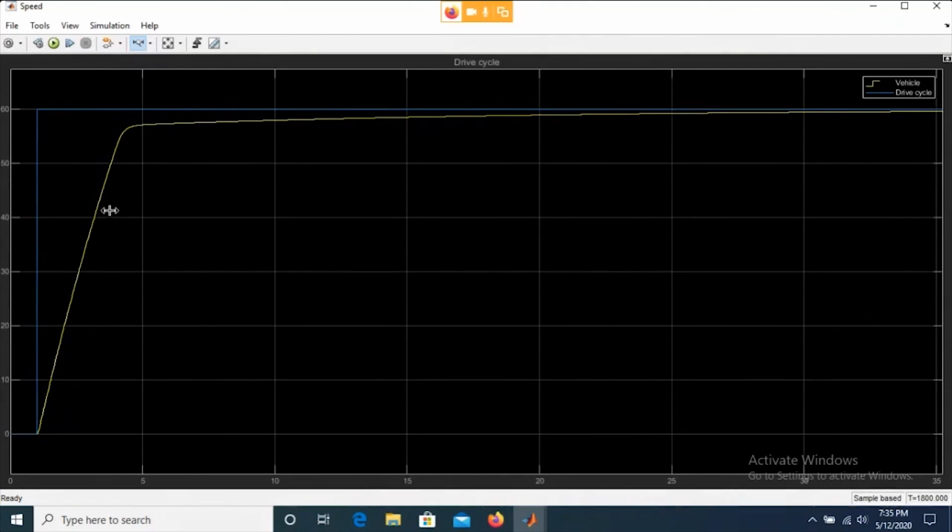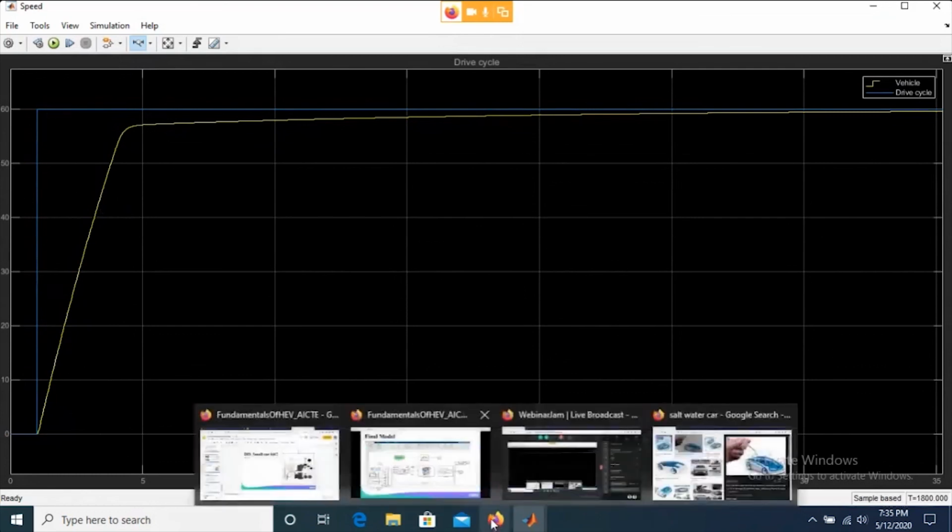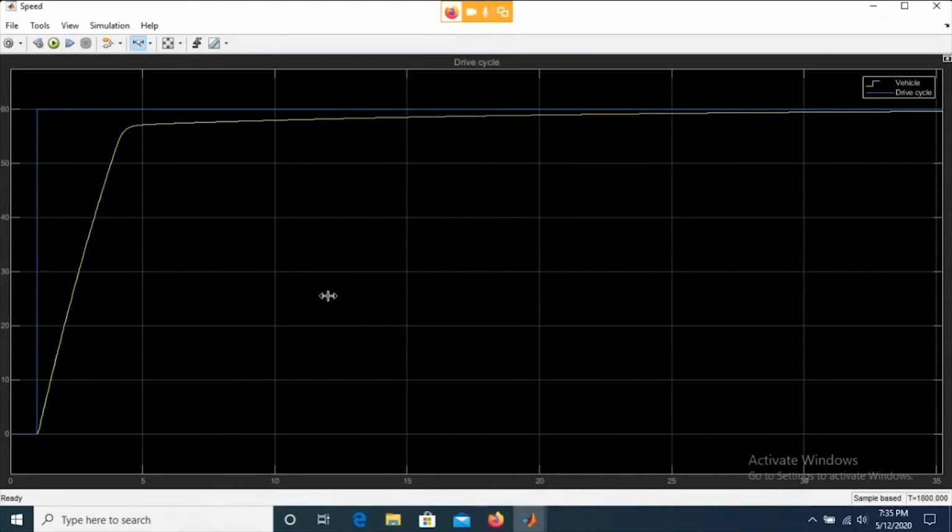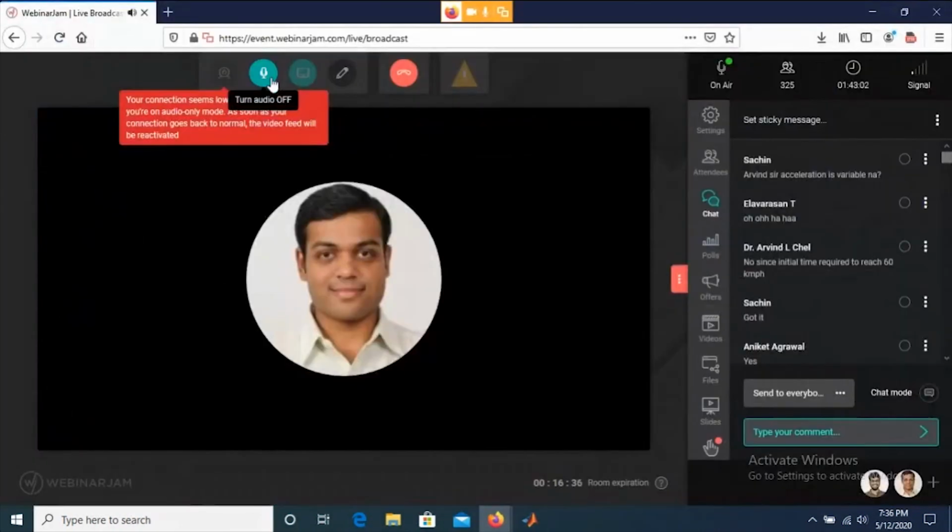So guys, I'm going to see your comments. My question is, I want a very fast acceleration. I want a very high torque on the wheel, and it should be an electric sports car, right? So 0 to 60 kilometers per hour in 3 seconds. How do we achieve that acceleration? So guys, please comment in the chat box about your answers.